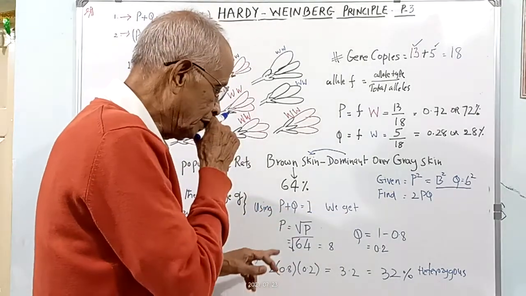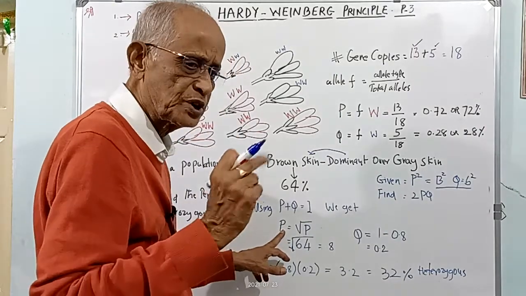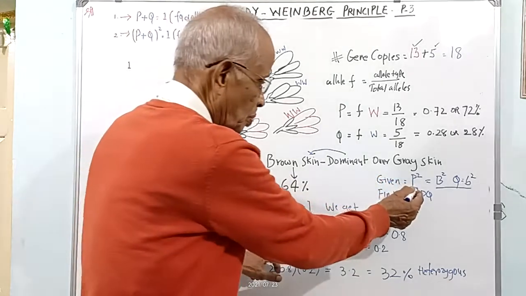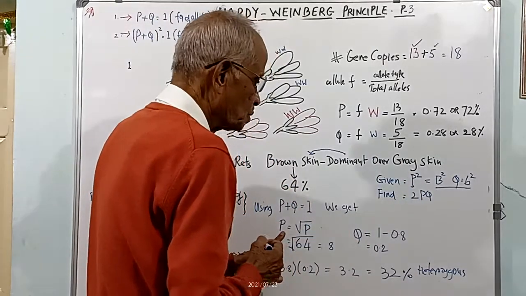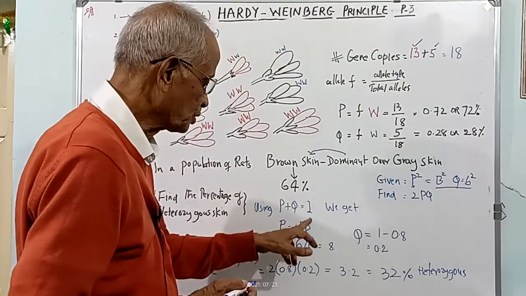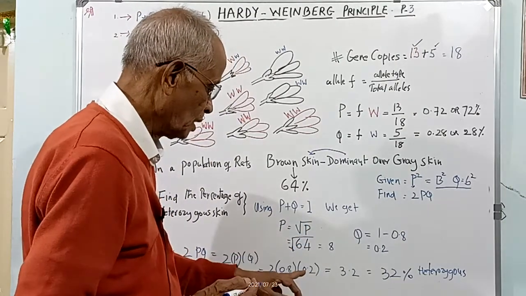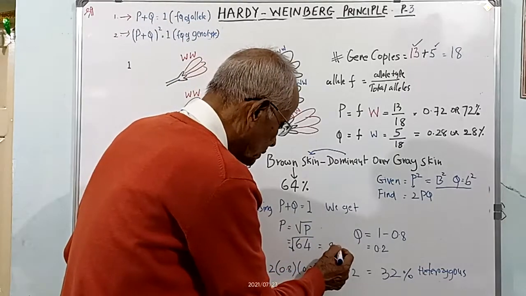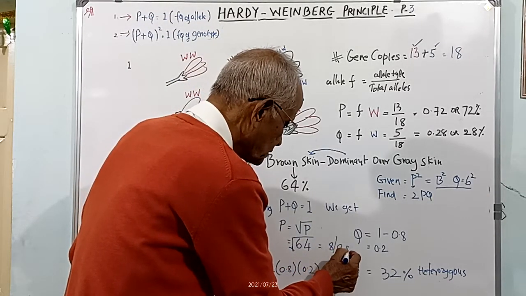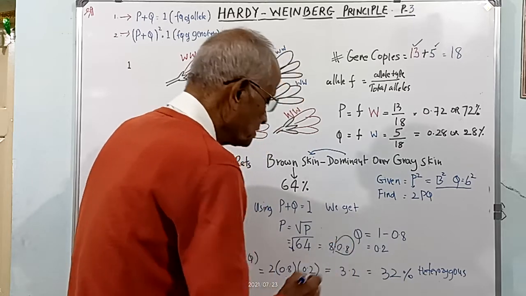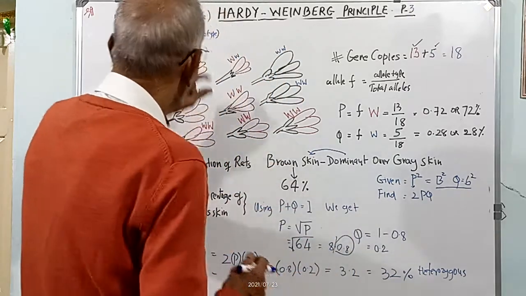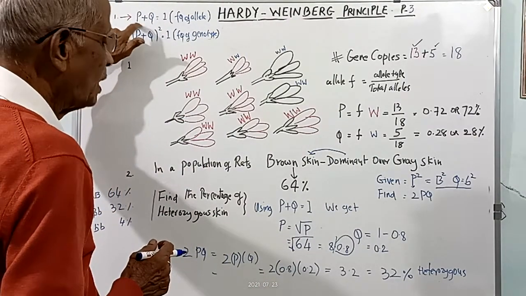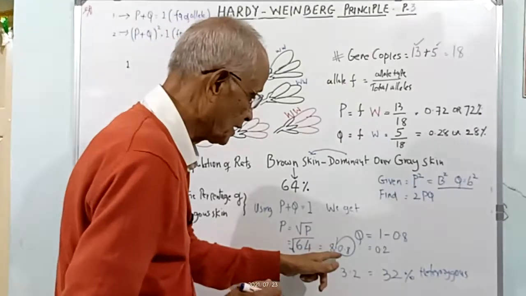We get P. How do you get P? We have been given the P square. To get P, take the square root of P square, that becomes 8. And if you want to convert that into a decimal, that becomes 0.8, that is 0.8 out of 1. If you want to write that P in this case, you have to convert that into decimal. So that's what I have done here.